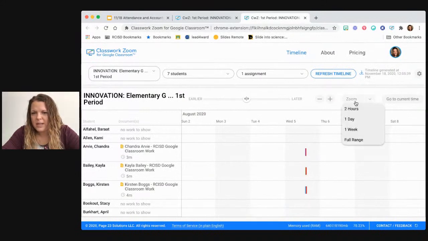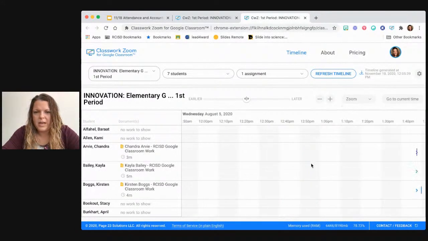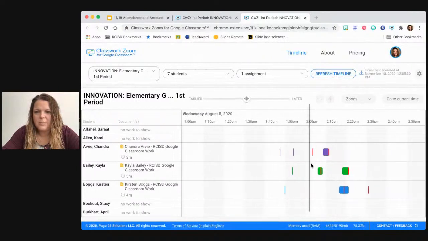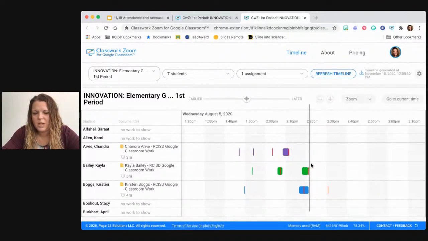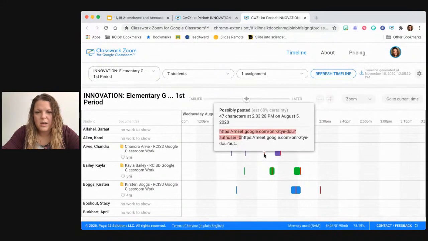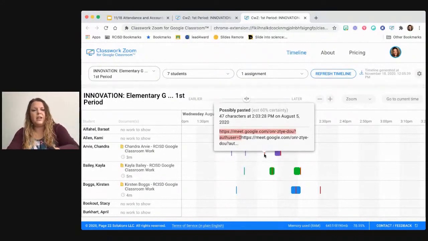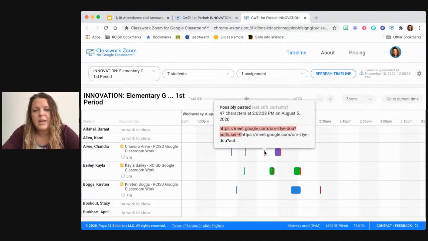If I zoom back in, let's zoom back in so we can see this a little bit easier. I don't know if it's going to show up, but we'll see. So right here, it says at the top, oops, sorry, it says possibly pasted. And they say they estimate they're about 60% certain that they had 47 characters pasted into this document. So that's going to give you a little more insight and accountability with your students,